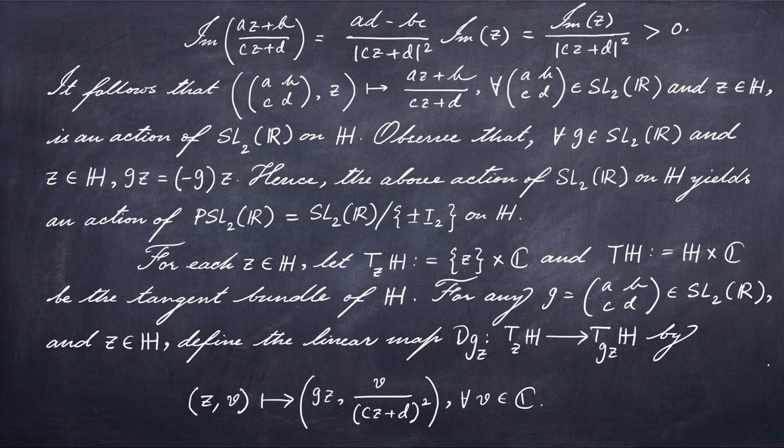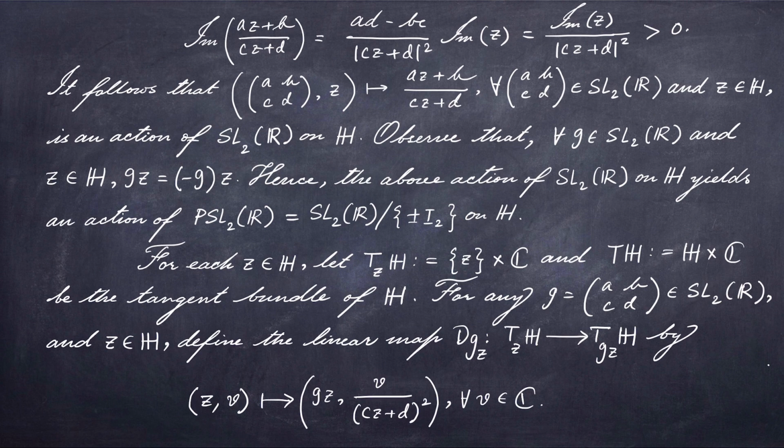So therefore, we see that for any group element G, G and minus G both act upon H in the same way. So from this it follows that the group defined as the projective special linear group, PSL2R, which is SL2R factor plus minus identity, also acts on H, because this subgroup plus minus identity lies in the kernel of the action of SL2R on H by Mobius